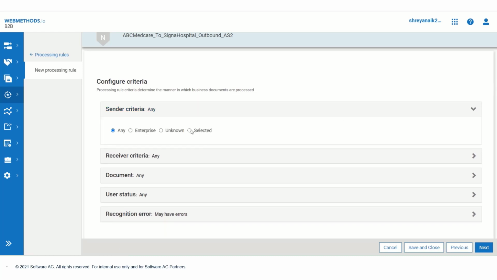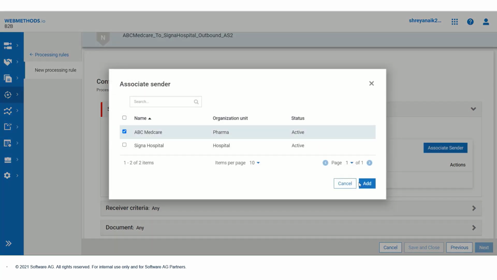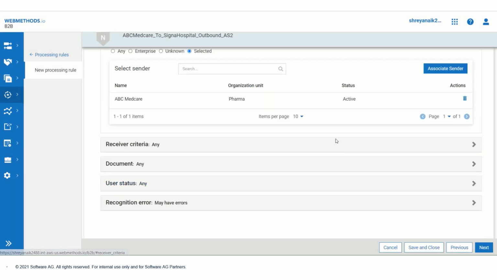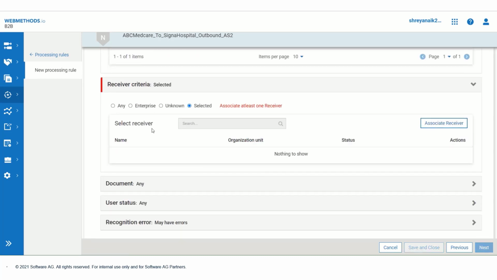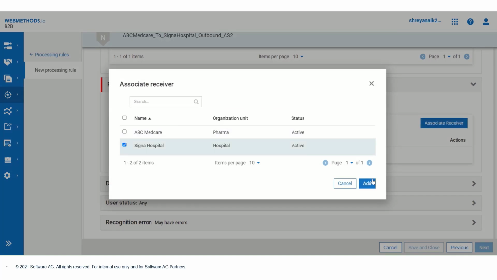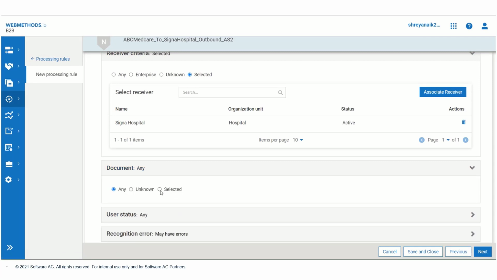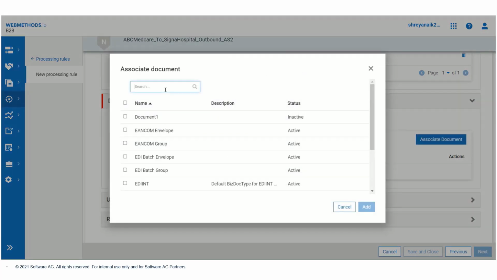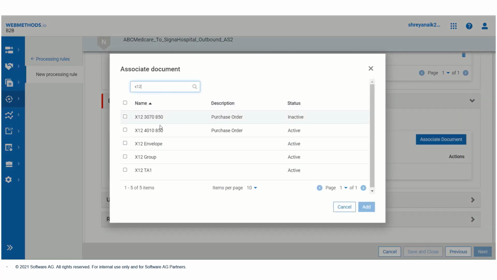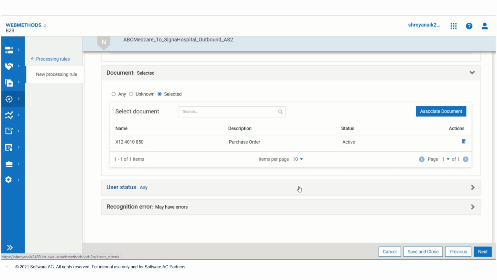Sender criteria, choose selected, associate sender, ABC Medcare, and go to receiver, selected, associate receiver, Cigna Hospital, add, go to document, selected, associate document, X12, 850, add, then go to user status.